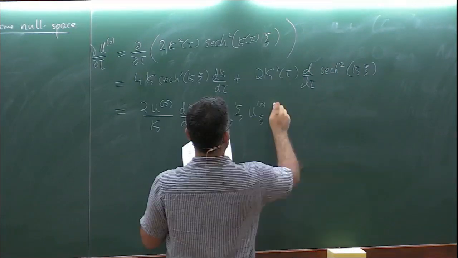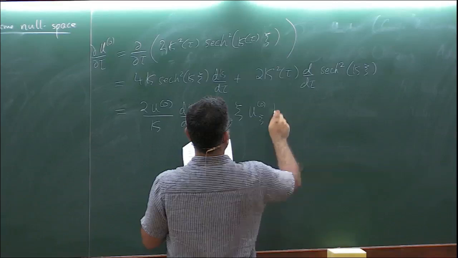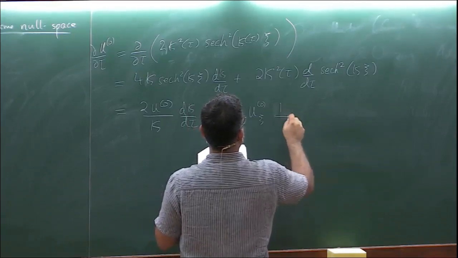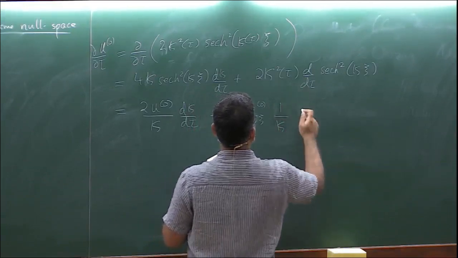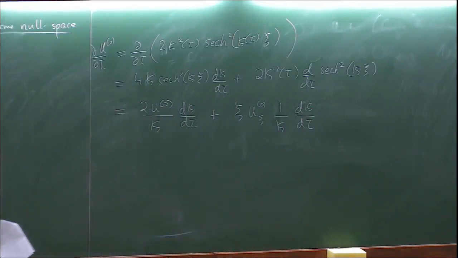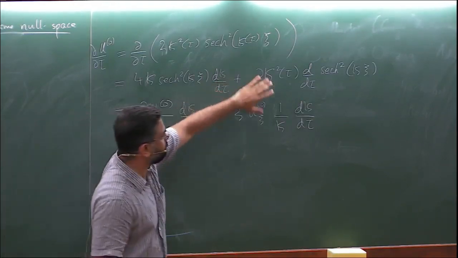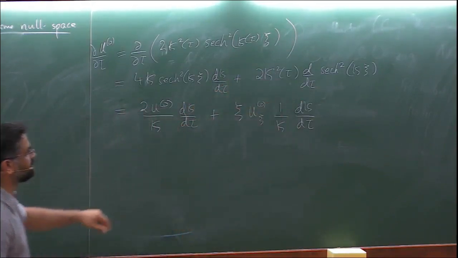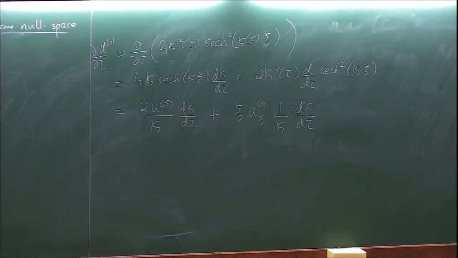So when you combine all of that, and this is something that I recommend you convince yourself of, you end up with 1 over kappa d kappa d tau. The real reason you want to do this is certain integrals become super easy to do. Okay? So there's a bit of algebraic manipulation to go from here to here,